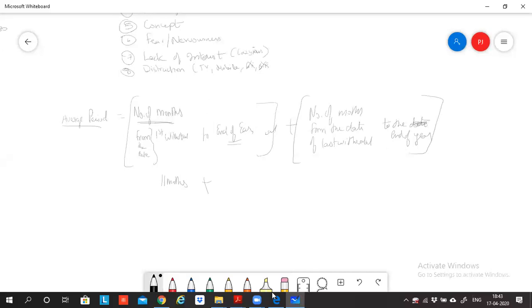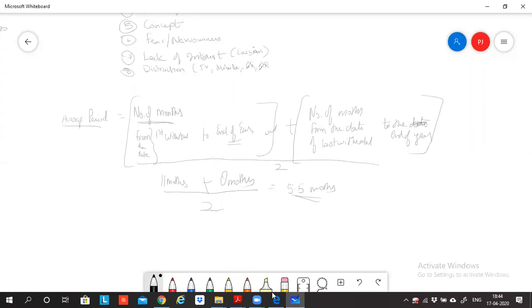Can I say on the 31st March? For the month of March, this person will be withdrawing money on 31st March. So from 31st March to the end of the year, which is 31st March, how many months is he going to enjoy the money? 0 months. So I divide both by 2. You'll get 5.5 months.